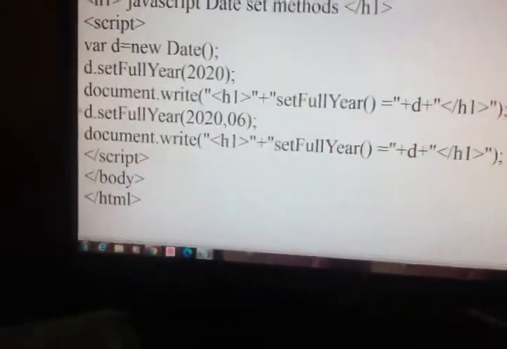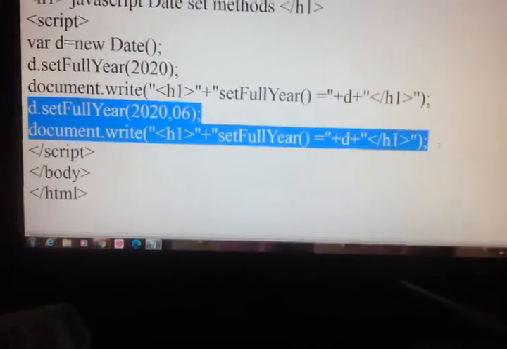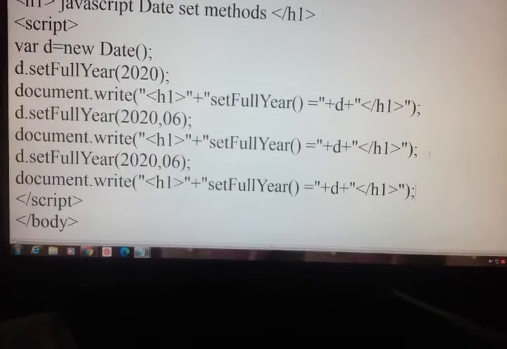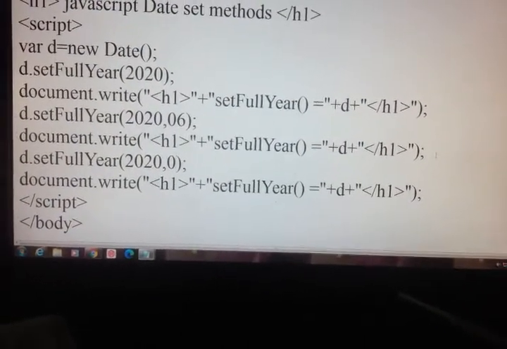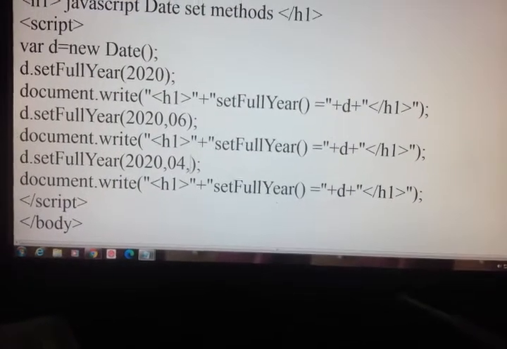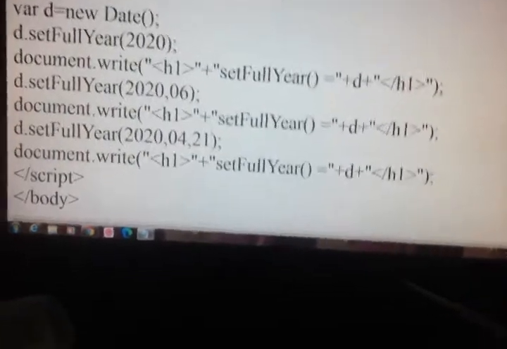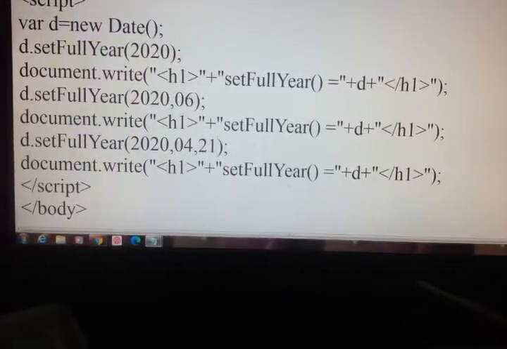Another version. Control C. Here I can even pass, I will pass 04 and date I will pass 21. So year, month and date I am passing. Just save.